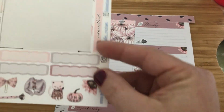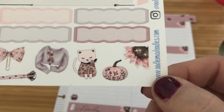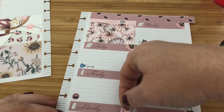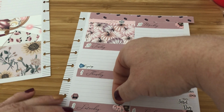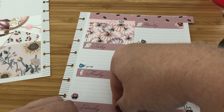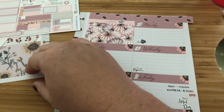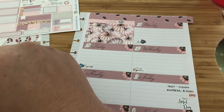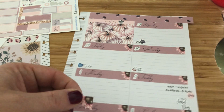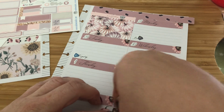So let's do this. Oh, cute. Look at these at the bottom of this. Oh my goodness. Gosh, pumpkin. Think I need to use a pumpkin. Grace will not be surprised when I use the pumpkin. So what day? Oh, I think I'll use the pumpkin on Saturday as well. And then on Sunday is family time, so, oh, I like that, because that's a little angled kind of flower corner. I think I'll use that. Actually, I'll put that on that side. And then I should put family time on there,